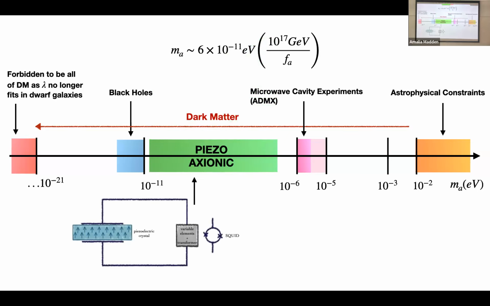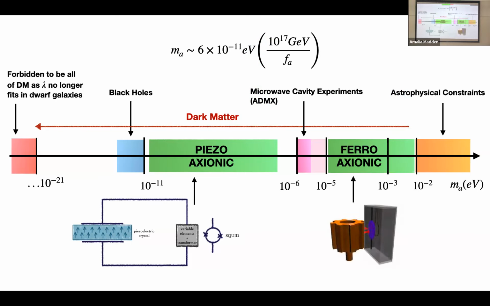So yeah, our effect has an FA above the Planck scale. So the piezoaxionic effect could fit in here. I'm going to tell you what it is in the next slide. And this experiment could probe around 10 to the minus 11 to 10 to the minus 7 electron volts. And then at the end, I'm going to tell you about the second experimental proposal using piezoelectric crystals that can probe a range between 10 to the minus 5 to 10 to the minus 2 electron volts.